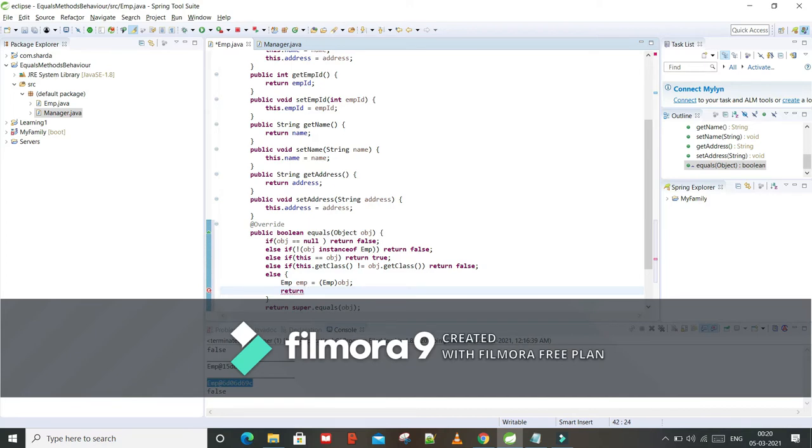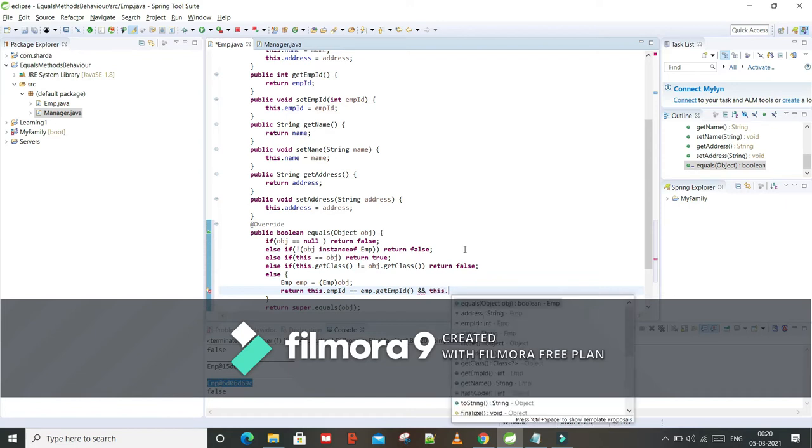Here we will match all: this dot empId double equals emp dot getEmpId. Similarly we will check the other things also.